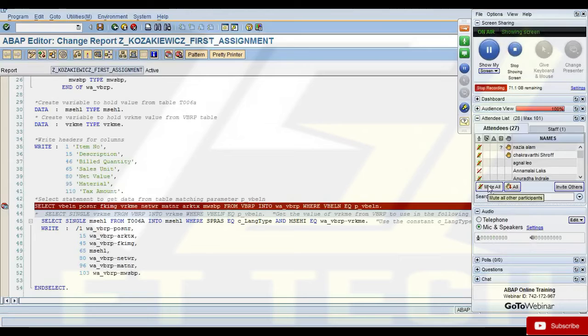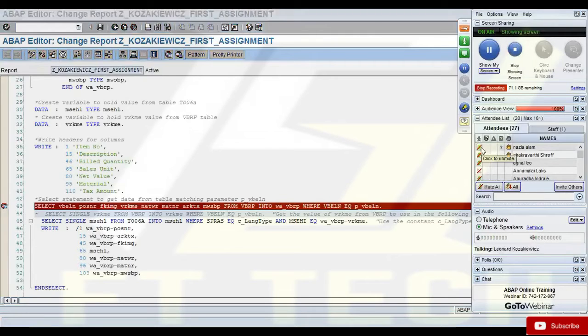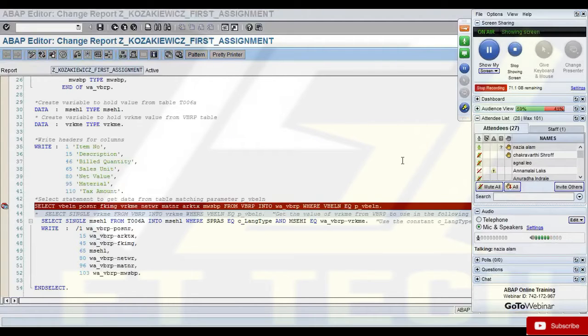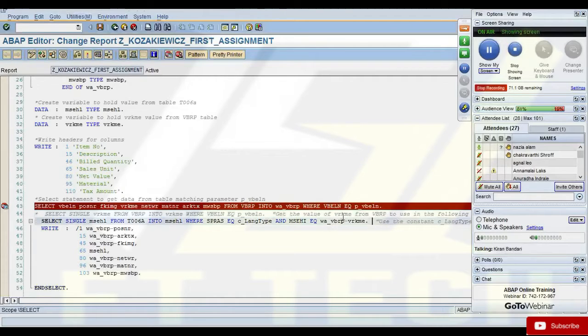Okay. Thank you. No problem. Nazia? Sir, I couldn't see the screen actually. Only hear your voice. Can you see it now? Hello? Can you see my screen now? It seems you have a pretty slow internet connection, I believe, because your voice is also breaking up.